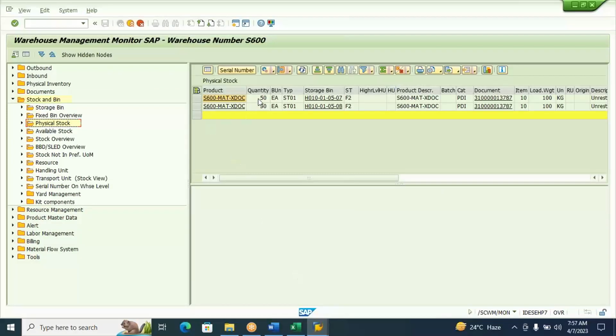See, the stock is in storage type 1. Now where it is. Right. Now, at this moment, suppose you are receiving an order from the customer. You received an order from a customer, or you may receive an order from a customer. Okay. Two cases I'll show you. First I'll show you